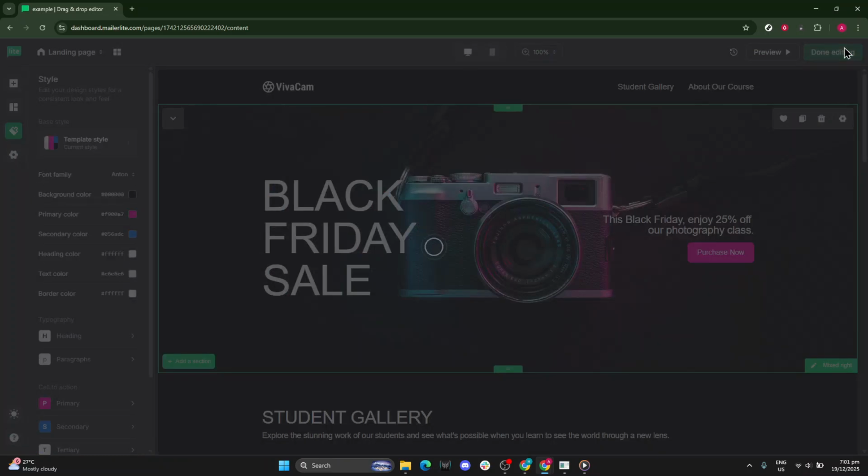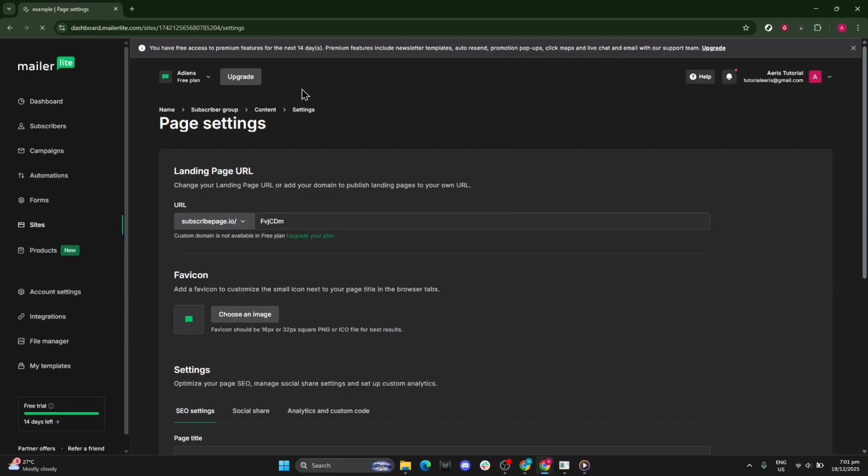Once you're satisfied with your edits, wrap up by clicking Done Editing. That saves your changes and confirms you're finished for now. And that's it. You've created a site, selected a template, customized the design, added sections,